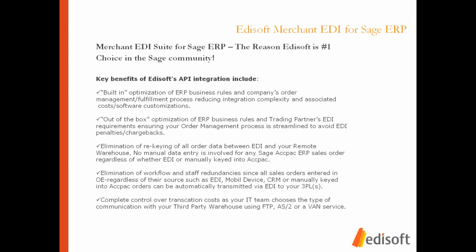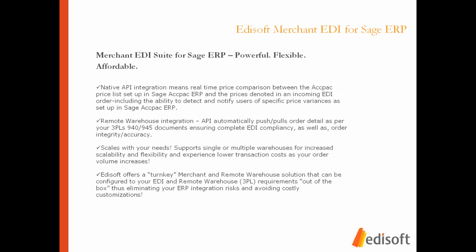The native API integration also means real-time price comparison between the ACPAC price list set up in the database and the prices denoted in any incoming EDI order. This also includes the ability to detect and notify users of specific price variances as they're set up in the Sage ACPAC ERP application. Additional benefits include the remote warehouse integration, where the API that we're leveraging automatically pulls order